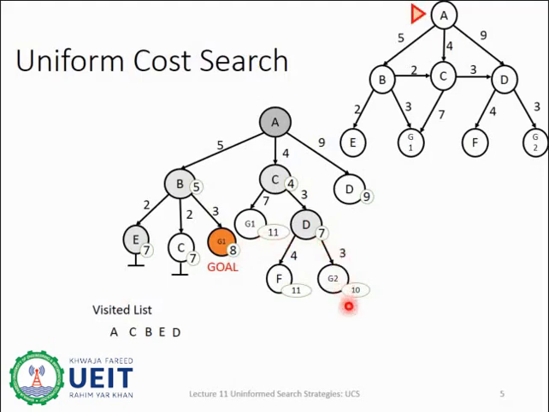We can reach the goal with cost of 10, but this algorithm returns that path cost which is the minimum, increasing the performance measure. We have maximized the performance measure, and UCS always returns the optimal path. This is the optimal path that the search will take. The search will start from root A, then it will go to node B, then it will explore the goal node. This is the path that will be taken by UCS.